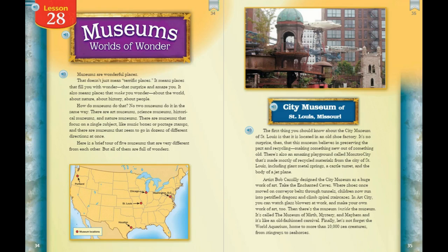The genre of this article is an informational text. All right, there's headings, photographs, and facts. There's maps, all different ways that informational text works. So as you preview this article, I keep saying story, I'm in that habit. As you preview, you're also going to predict what it's going to be about and then set your purpose for why you want to read this article. It starts on page 34 and ends on page 39. So pause the video now, preview, predict, and set your purpose.